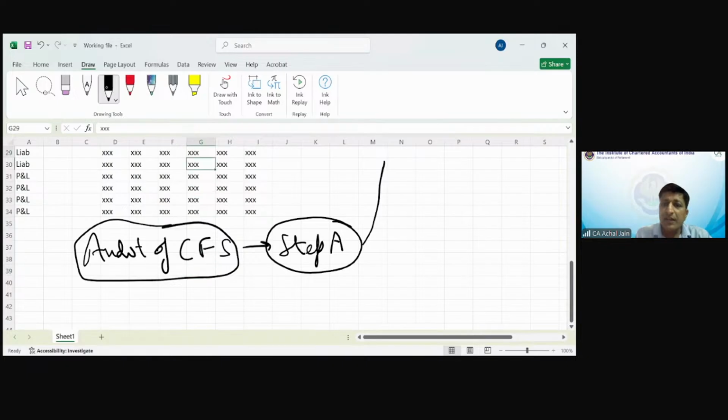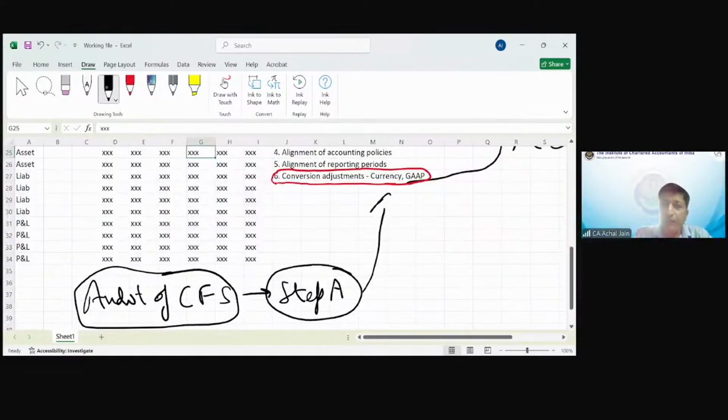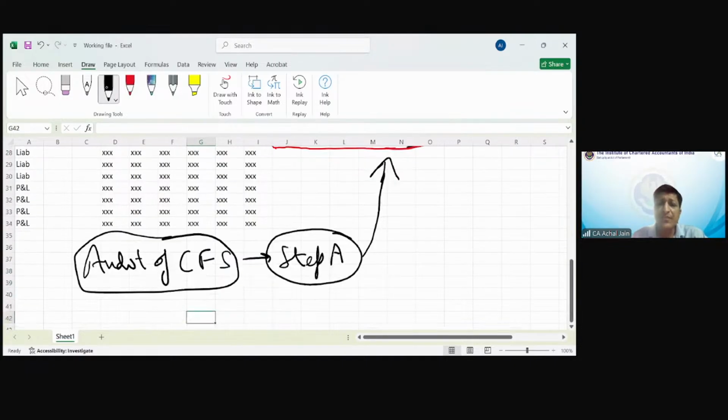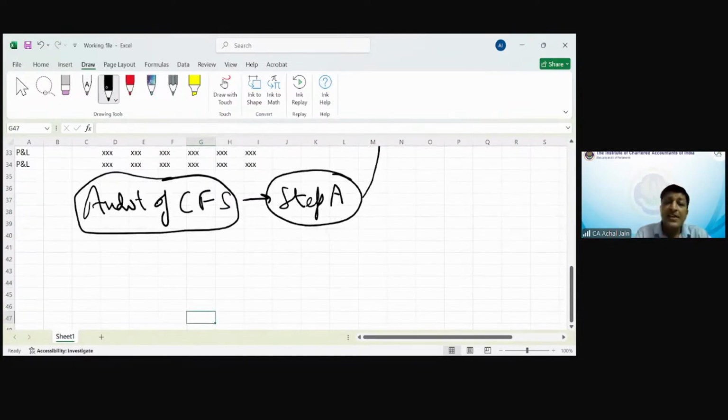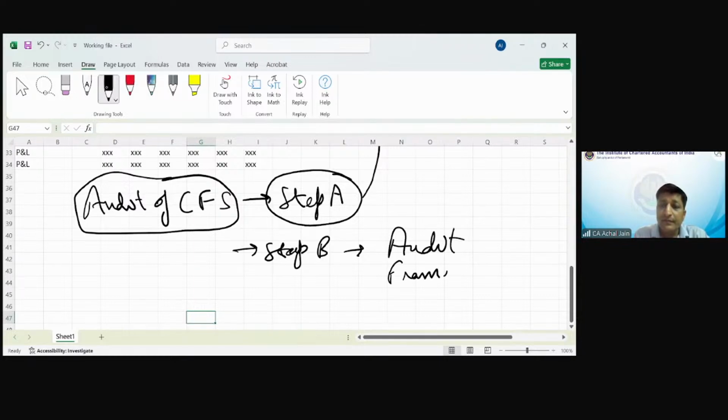That will of course be to check all of these things, all of these points, right? Because that's how the CFS are provided. Step two, or you can say another point, will be to look at the audit framework. Correct? Next,